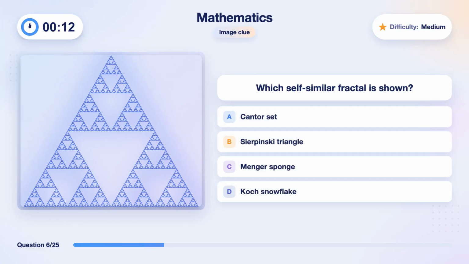Which self-similar fractal is shown? What's it going to be? A. Cantor set. B. Sierpinski triangle. C. Menger sponge. D. Koch snowflake. For the experts, this is a warm-up. 12 seconds to think. Start. Let's check. The correct one,